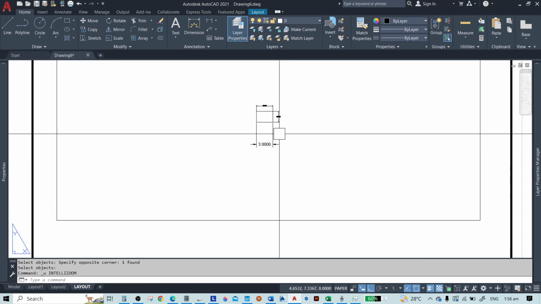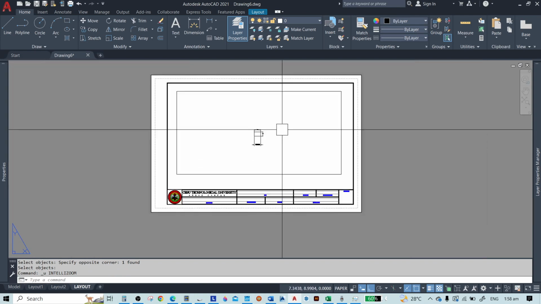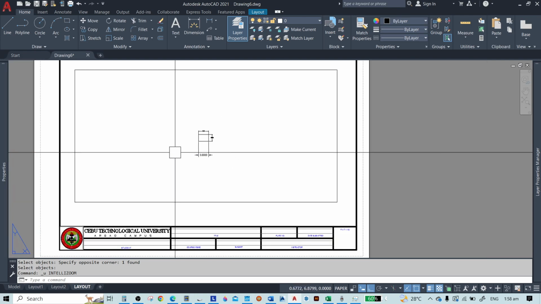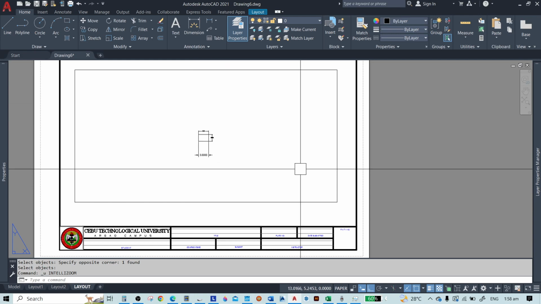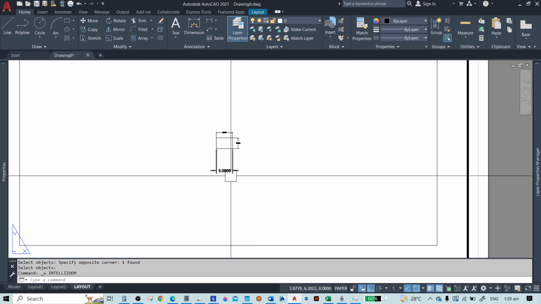Now as you can see, I have deleted the dimension that I have made, because this dimension is not in the model. It is in the viewport only. Okay, there are some who do their dimensioning in the viewport, and in some instances I also do that, but based on my experience, it is not a convenient way of dimensioning. So maybe I will just explain why it is not convenient.